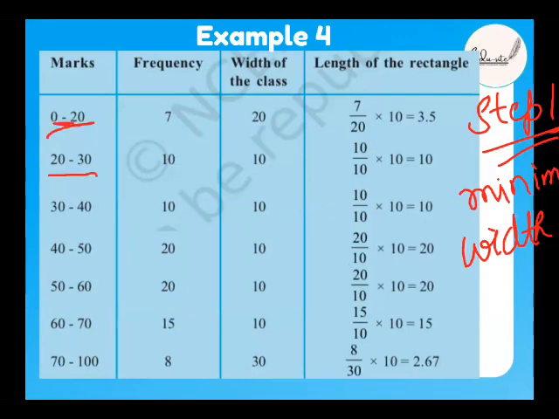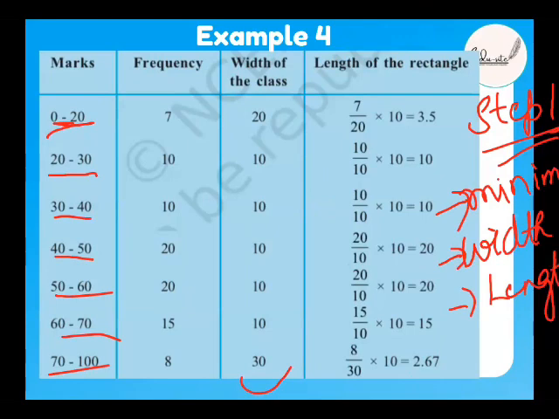Here it was 20, here 10, 10, 10, 10, 10, 30. This has to be written. Okay, we have to write the width of the class. Then what is the third procedure, beta? To find the length of the rectangles, what you have to do,